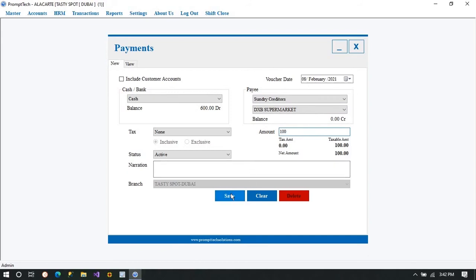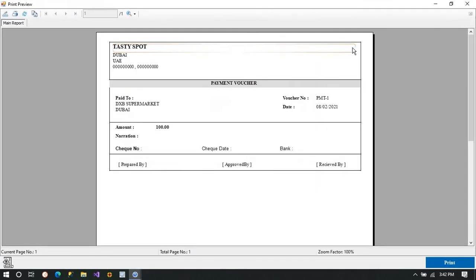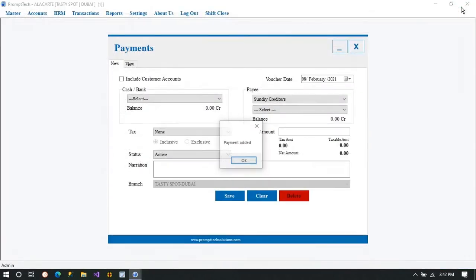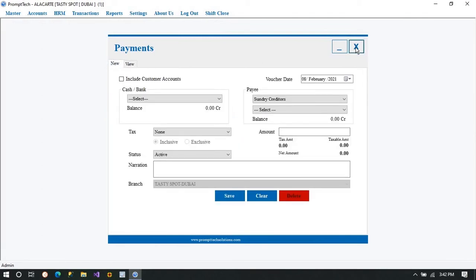So I'm just putting their payee credentials and all, and it will get saved, and I'll generate an invoice for them, right? And then I can send it to them across, right? In the same way, you can also view it. See, everything is there. So if you double click it, you can edit it as well.